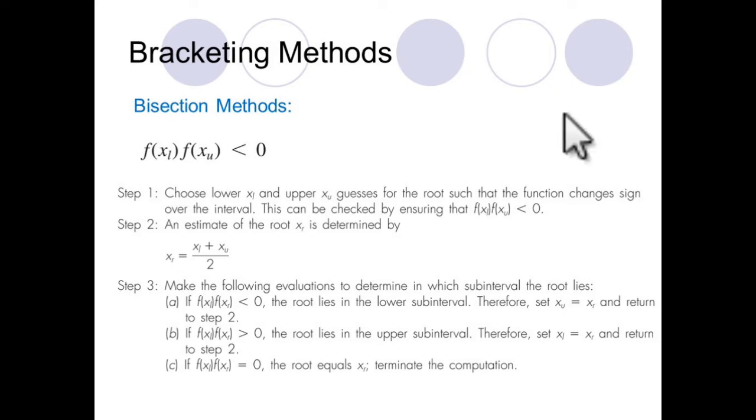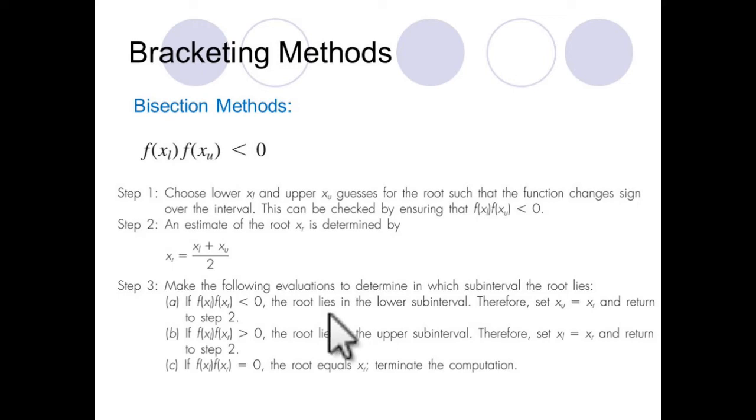Of course, if this is negative, this means that one of the bounds is on either side of the root and the other one is on the other side of the root. Okay, so this is one thing. So what we do next, then we take the mean of these values. We calculate a new position and we take the average. So basically we draw a line